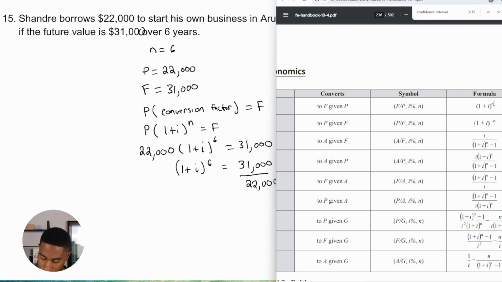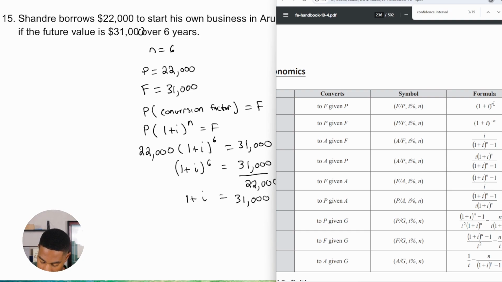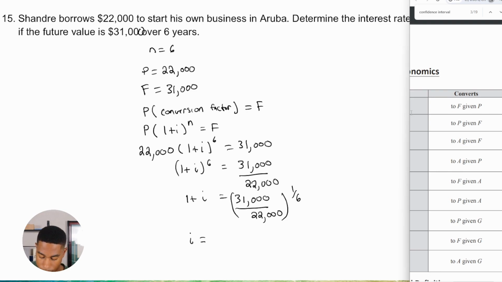Okay. So now that hopefully you understand that, you know that 1 plus i is equal to 31,000 over 22,000, put that all in parentheses, all to the 1 over 6. And then we'll just subtract 1 from that, and that should give us our answer. So when we do that, we get i is equal to,